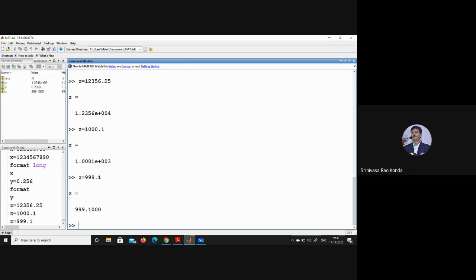There is not a lot of difference between these two values. Am I correct or not? 1000.1, 999.1. Okay, there is 0.2 difference, but it is displaying like this. So how to understand? There is a standard: if x values lie between 0.001 to 1000,